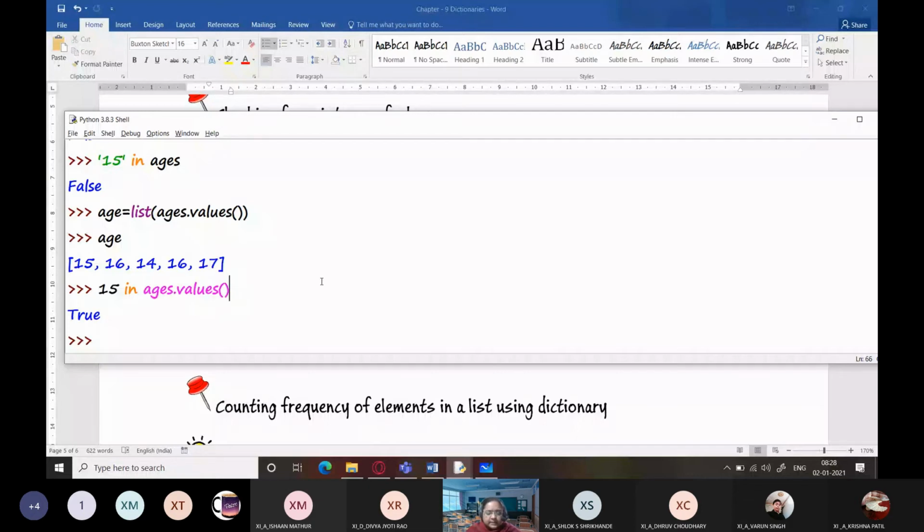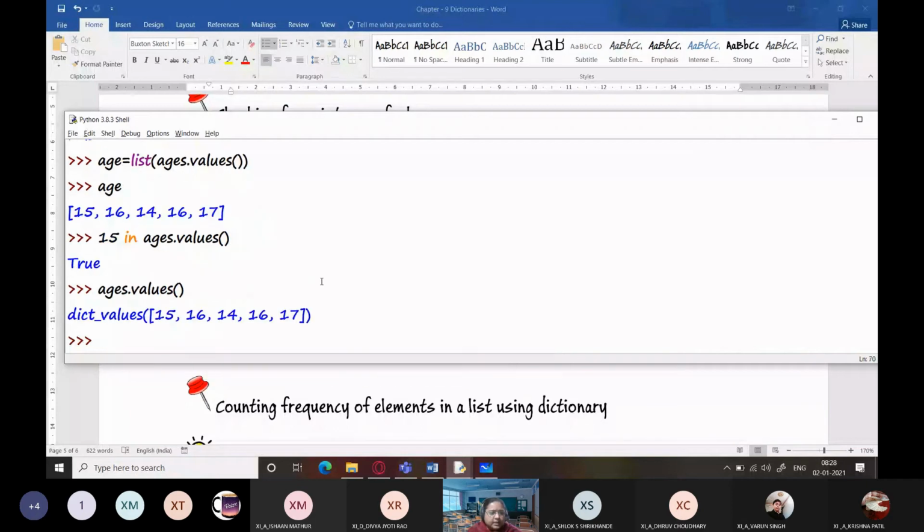If I just write here ages dot values, it's a method which returns all the values within the dictionary. But this is not a sequence. So in order to convert it into a sequence, we have to use that particular function, that is list or tuple function. So here I converted it into a list.